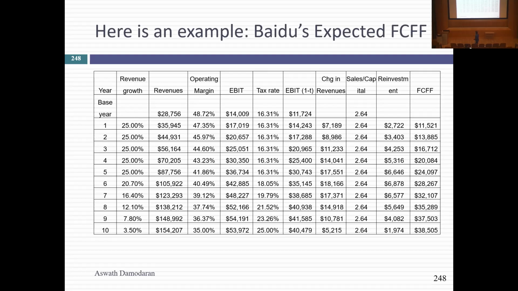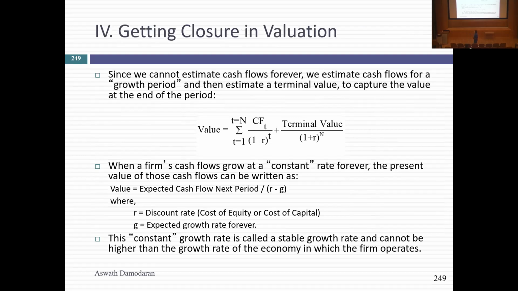So I'm telling a story of high growth. Why? Because it's China, big market, declining margins, and a relatively low reinvestment because it's not a capital intensive business. So based on my story for Baidu, I have expected cash flows that started about 11 billion and climbed to 38 billion over time. Because what you're getting is a combination of things. One is much bigger revenues, lower margins, but as the growth levels off, they need to reinvest less and less because they have fewer ambitions. Cash flows per discount rate.